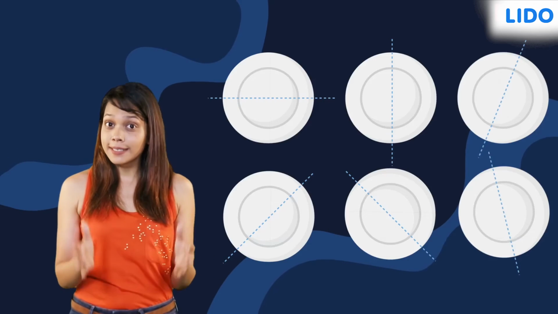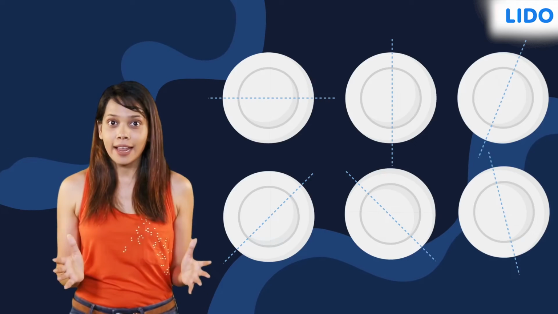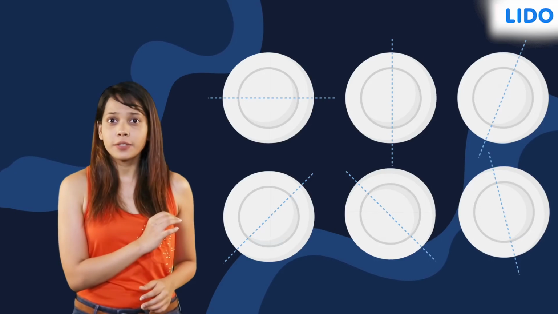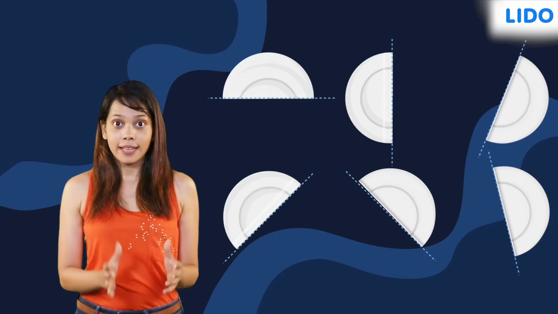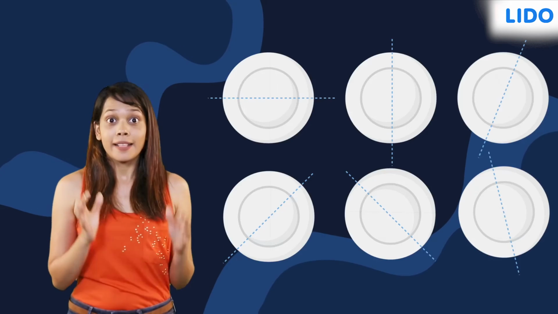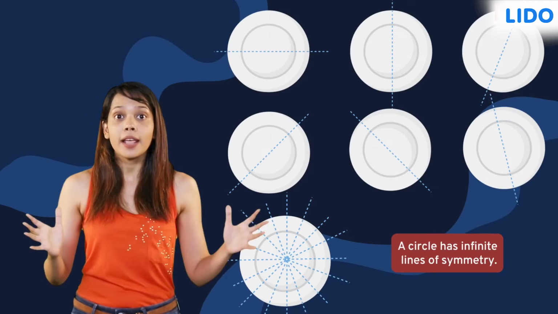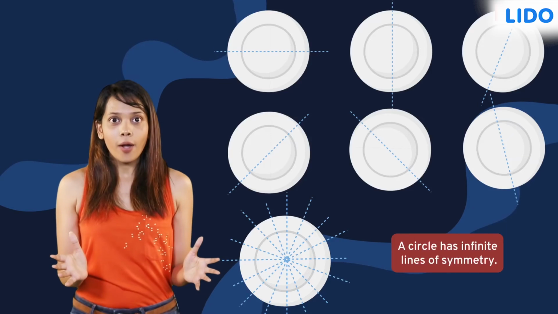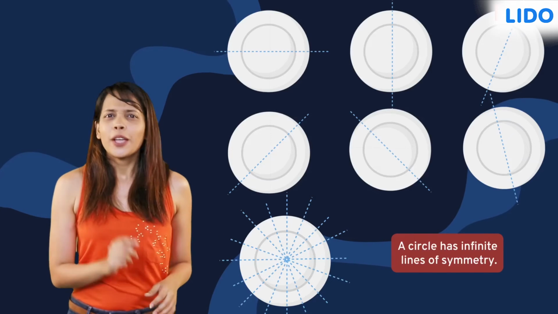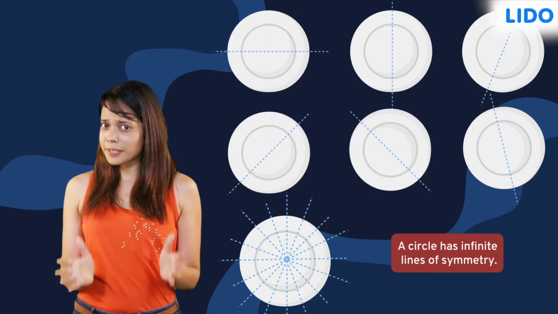Also, on folding the circular plate across any line other than the above mentioned lines of symmetry, the two halves formed were always identical and overlapped each other exactly. This means that a circle has infinite lines of symmetry. Wow! Isn't that cool? I suppose now you can easily find the lines of symmetry for